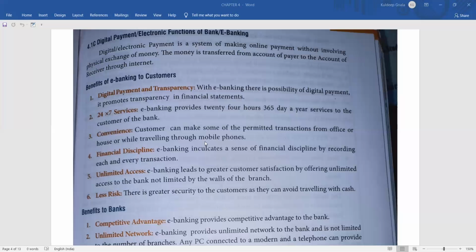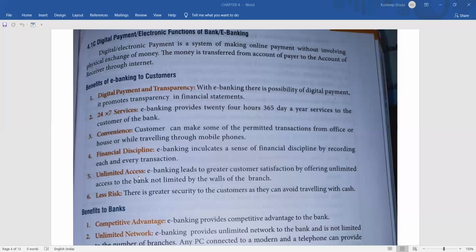So if you show that you have an income of only 10,000, but you are spending 1 lakh or 10 lakh rupees, that means there is some problem in that. So automatically it will be caught. So digital banking puts up a discipline in financial activities. You cannot have black money in this particular system, right? Then coming to the next one,